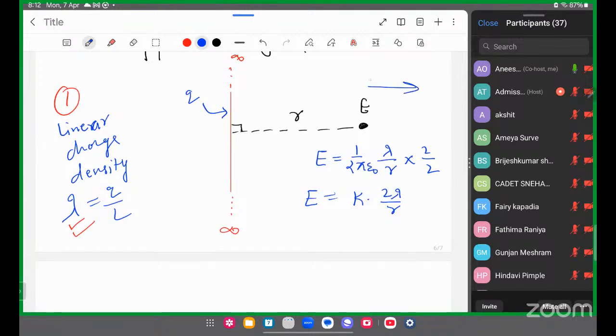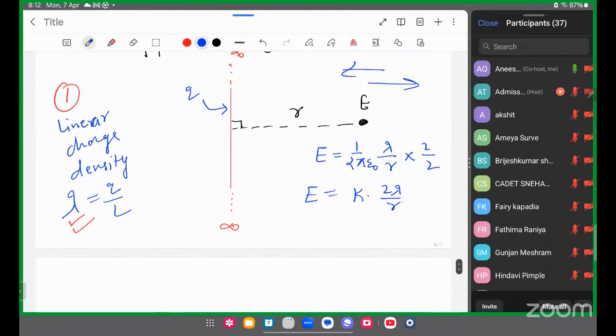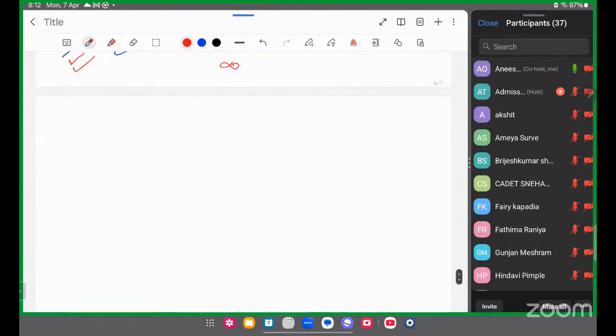If charge is negative, electric field will be inward. So you have to remember this formula. What is the value of electric field due to a wire with linear charge density lambda? Second point is,